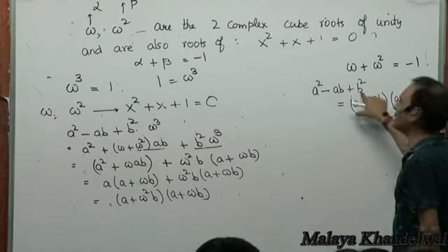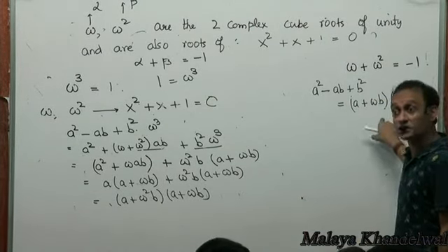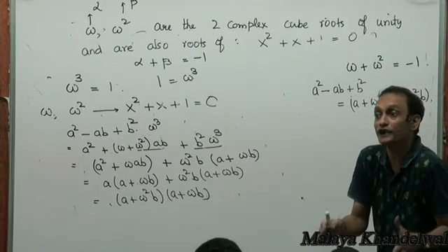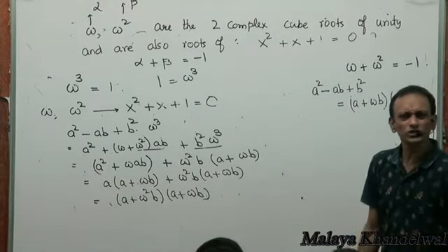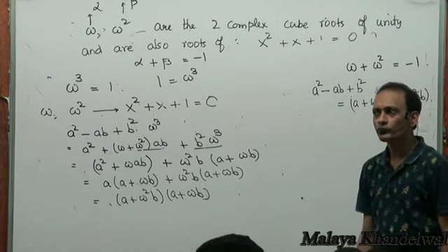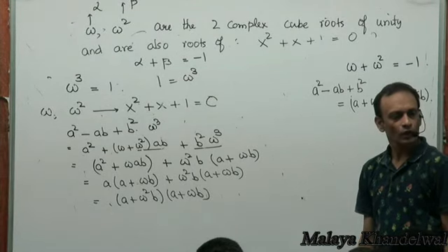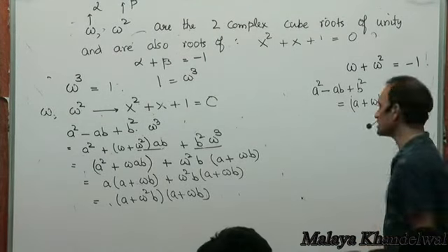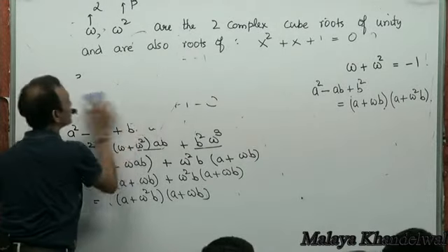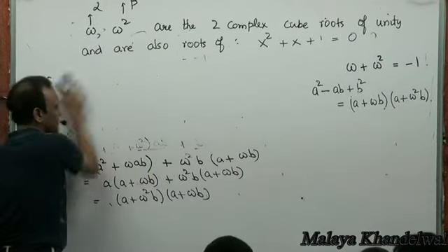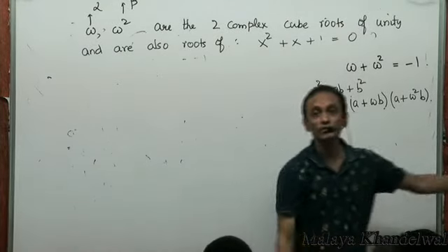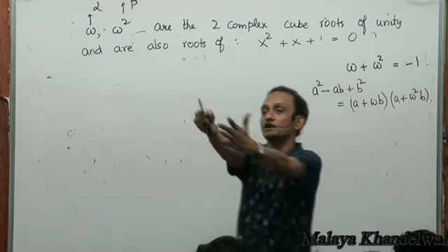Now in this, replace b by minus b. This is an identity. Every time you factorize something, what is it that you produce? You produce an identity. By the way, do you all know what an identity is and what an equation is? Let me just take a little detour and check if all of you know what equations mean and what identities mean. Can anyone just very quickly tell me what's an equation and what's an identity?